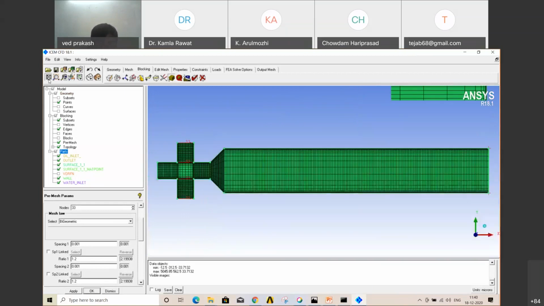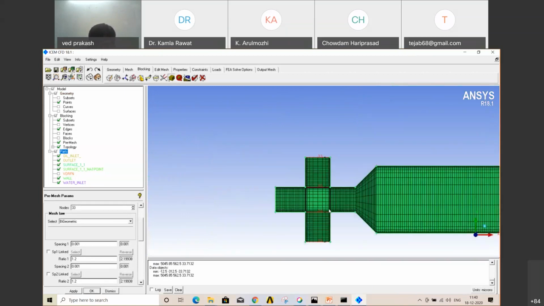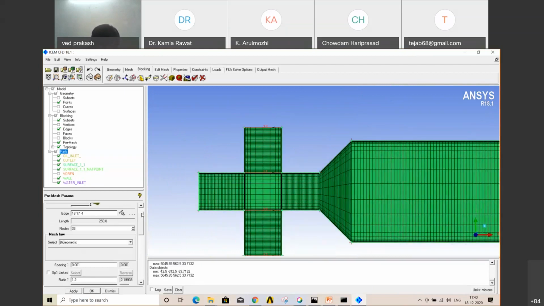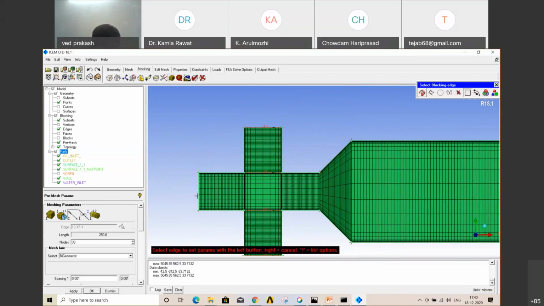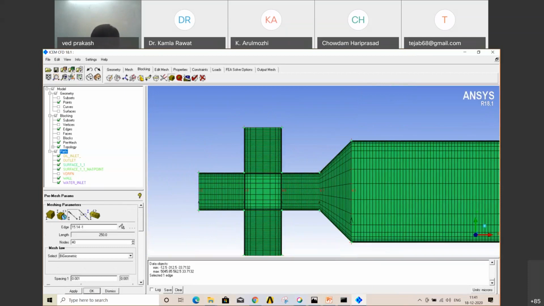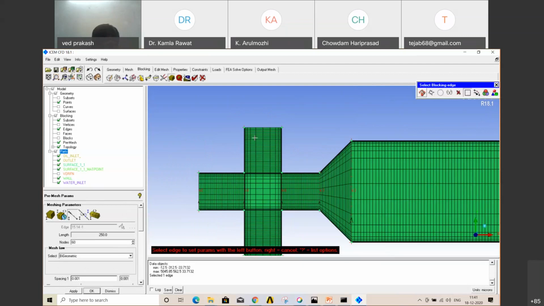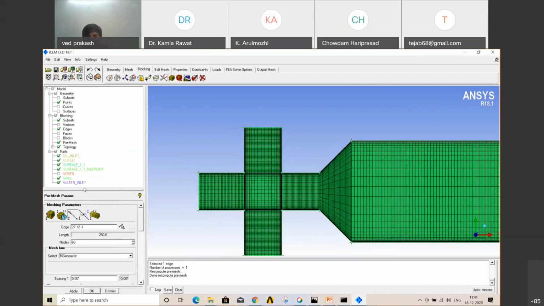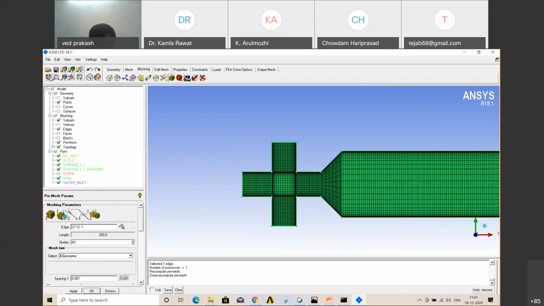If you want more quality or more elements, then it will become very good near the boundary. So just select that size, increase your number of elements, suppose 60, and apply. Then again same way here, make it also 60, apply. Go to mesh in model tree, right click and recompute. So now it's quite good.